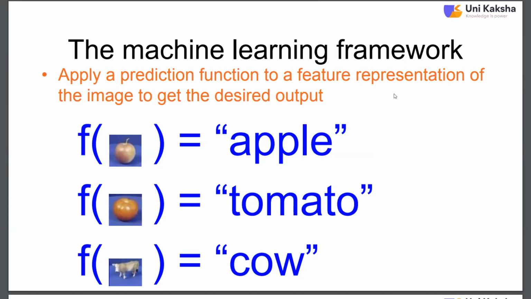The next example is of cow. So the function of the features, whatever features we are providing as an input to the model, it will create the prediction. It will find out the prediction very accurately. So accuracy is a very important measure in data science and machine learning. So this is the machine learning framework. Actually, we have some features, and the features will decide the predictions. Next slide, sir.